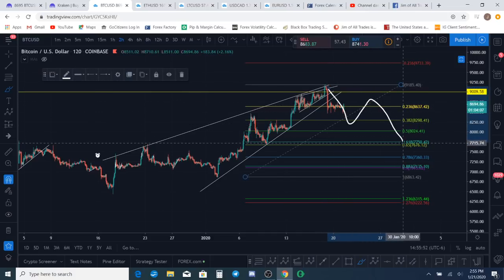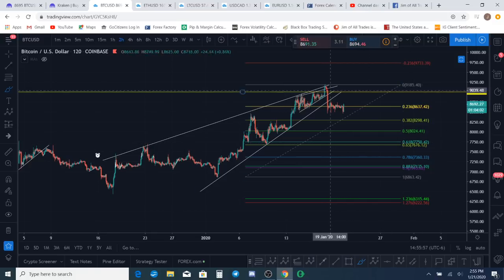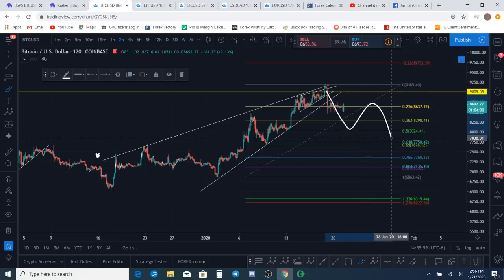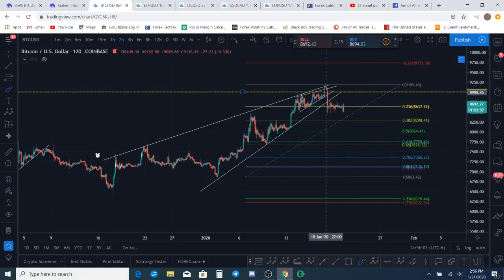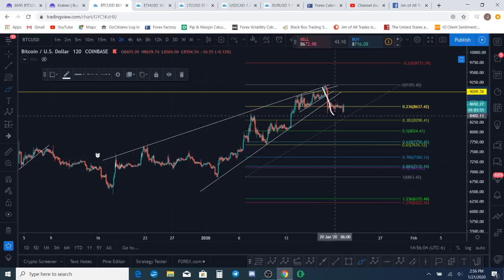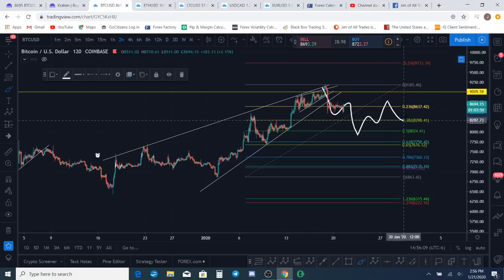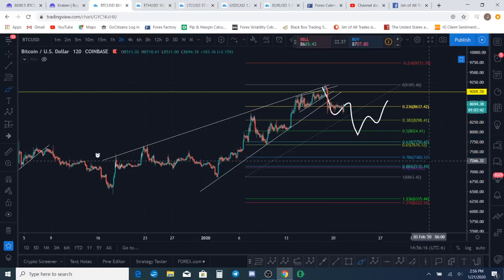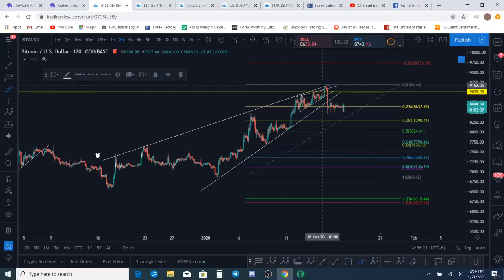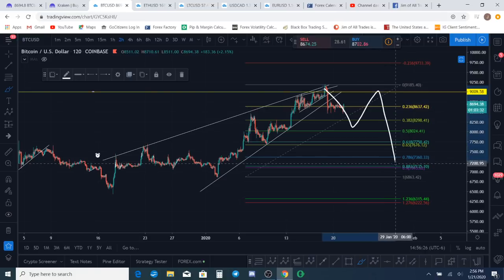Now it could again come very... It might not just be that simple, just a simple zigzag like that. Obviously, we could get a very complex structure. For instance, we could get a 3-wave down, and then another 3-wave up, and then another 3-wave down like that, and that would give us a 333 WXY correction. That would be a complex correction. We could get any number of patterns in here. We could get a 5, a 3, and we could get a flat of some kind, and a 5, something like that.